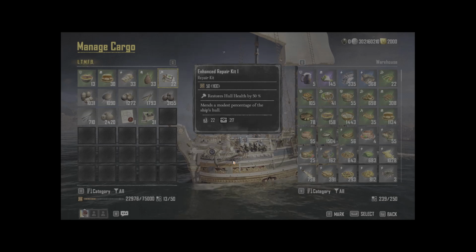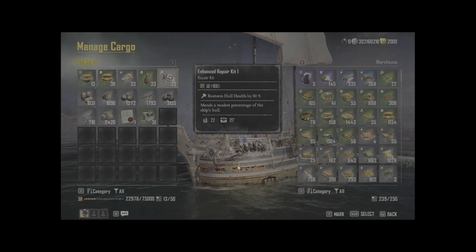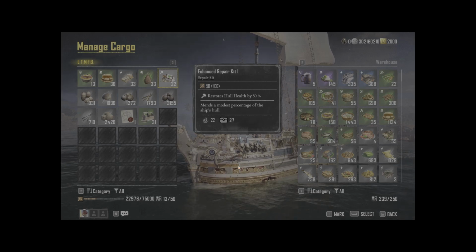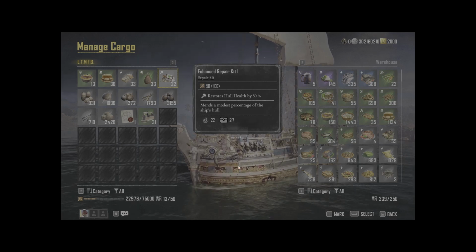Now, whenever it comes to the warehouse, my warehouse is kind of a mess right now because I have been stacking and collecting things to use for the beginning of season 3. That being, I have a lot of chests that I've been saving for a while to open on day 1, which is tomorrow. Reset is tonight